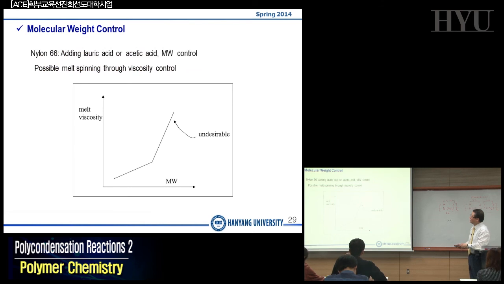You know that the molecular weight is very important. Molecular weight determines the melting viscosity. If you have a high molecular weight, then you have high melting viscosity. Melting viscosity means the viscosity at a molten state. If you increase the temperature, your viscosity increases along with your molecular weight. If you have a high molecular weight,